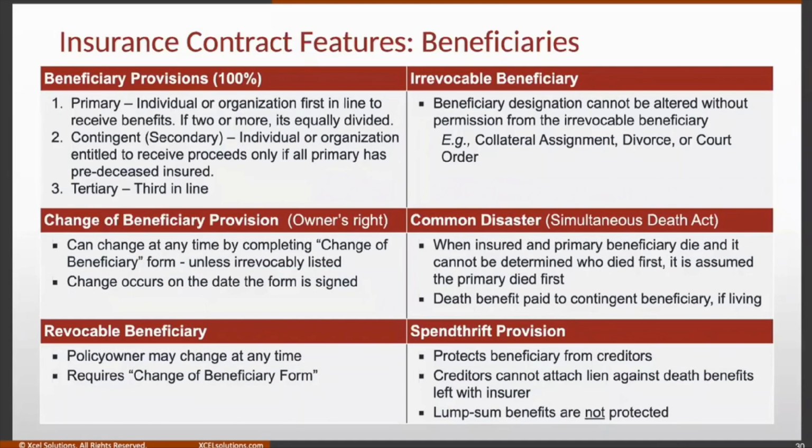But if a person only names one party as a primary beneficiary, and the primary beneficiary dies at exactly the same time as the insured does, with no other beneficiary named, it is deemed that the insured died first, that the beneficiary died first, and that the insured died last. So now with no other beneficiary named, the proceeds must be paid through the insured's estate. If any other beneficiary has been named, it will go to them. With no other beneficiary named, and they both die simultaneously, then the proceeds must route through the insured's estate, not